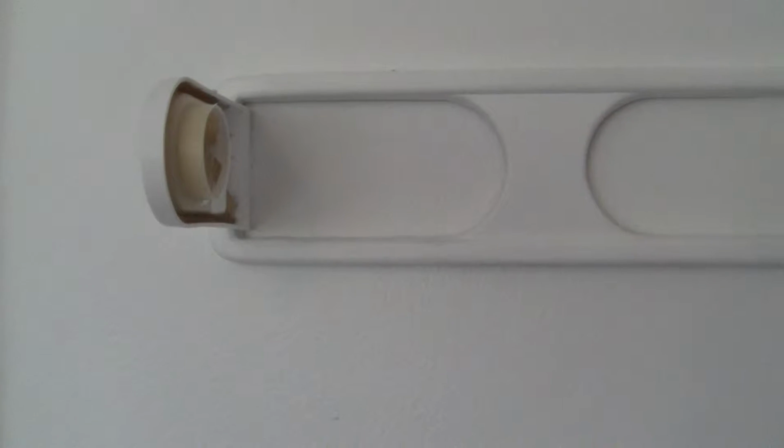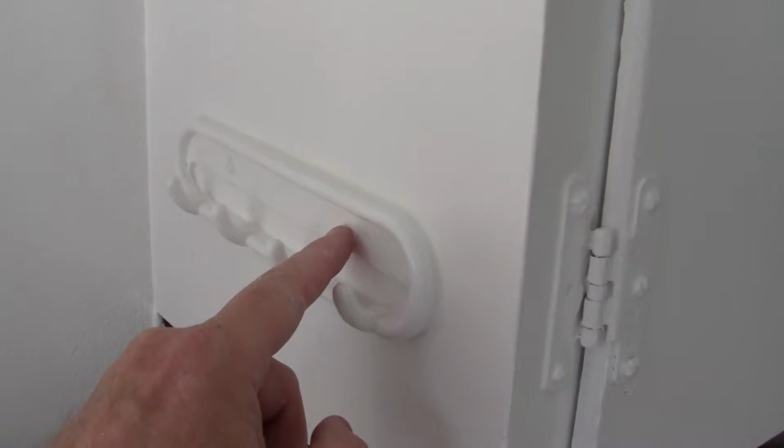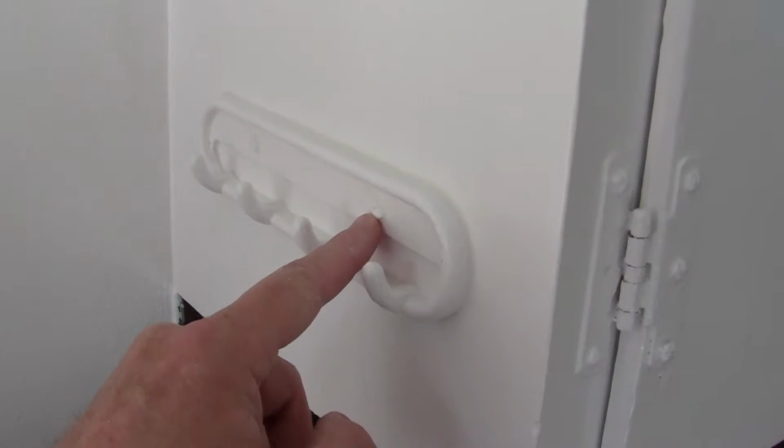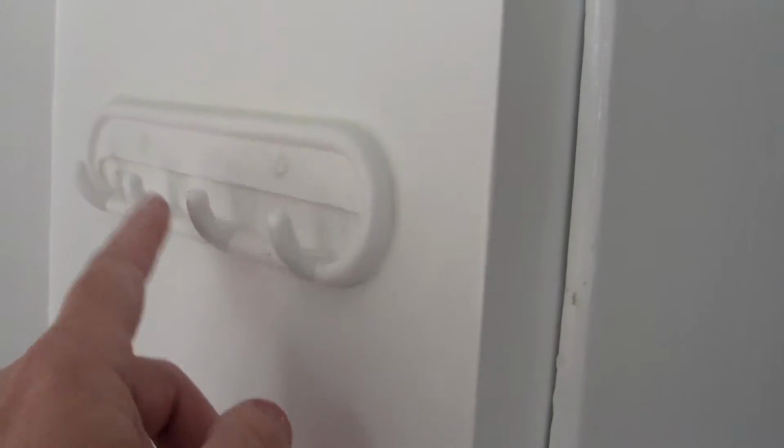Now I'll show you what it looks like over here, where I've taken these 3 or 4 key racks, and what I've done with them is I put a little bit of caulk on the outside. I put a little bit of caulk on the bolts or the nut heads, a little bit of caulk on the bottom here and in here, and I kind of blended it in. And now what I'll do is I'll paint this. I'll brush it in with some semi-gloss,